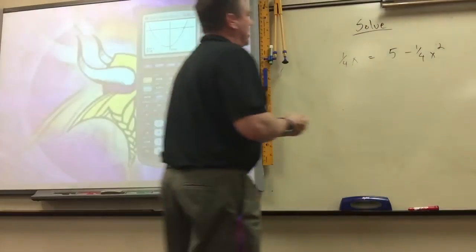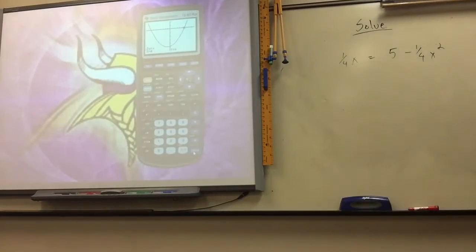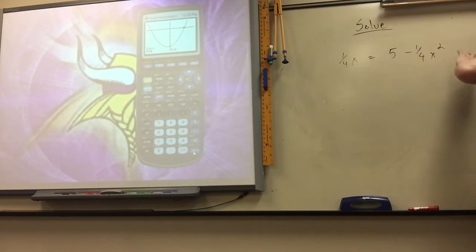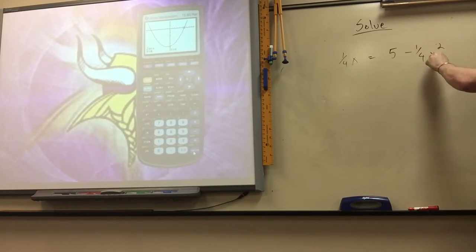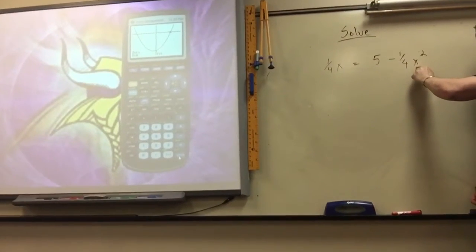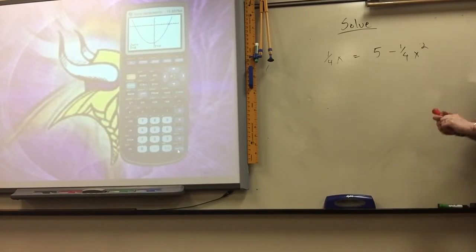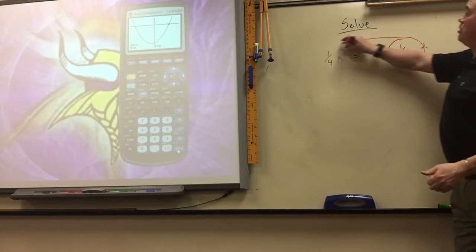Okay, so on this one, they've got stuff on either side. So you want to get everything to one side. It really doesn't matter which one you move. It's quicker just to move this one. But now when we do the stuff with the quadratic formula, it's a lot easier if you keep the x squared term positive. So just so you get used to doing that, I'm just going to move these two over